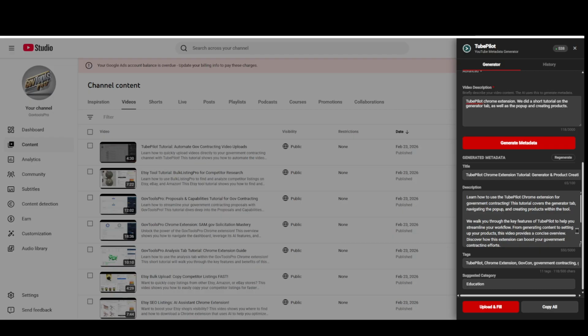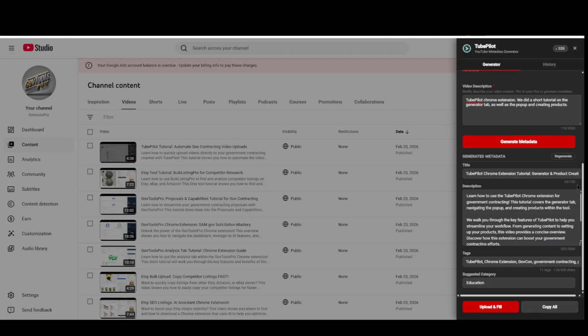And what it's going to do is SEO optimize your title. Your title and description are actually really important because the words that you use in your title and description are going to be used for search engine optimization. So if somebody were to go to YouTube and type in, I'm looking for Chrome extension information, or maybe something about YouTube, as long as I have it in here, it should show up in the results. If you put a poor title and or description, you're not going to be found. So that's why it's very important to have an SEO optimized title, description, tags,